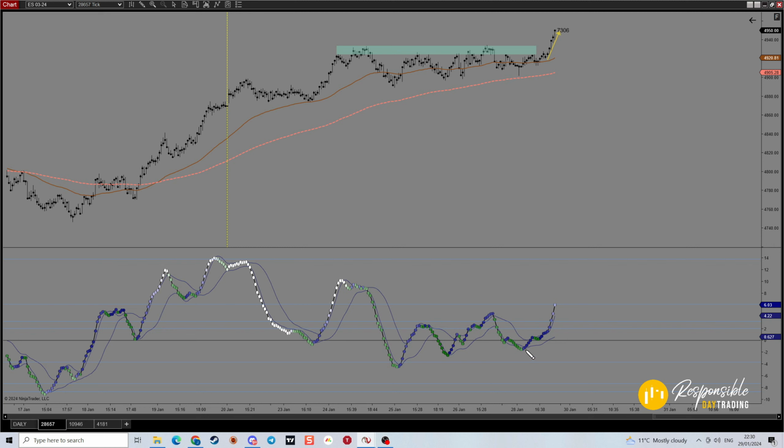And then let's take a look at what's happening with these BBs on the MACDs. We have used the zero line as support there, and then today we've finally broken out of the Bollinger Bands, and you can see some significant strength on that move today to the upside. Big distance between the BBs indicating lots of strength. We are starting to see a bit of a color fade